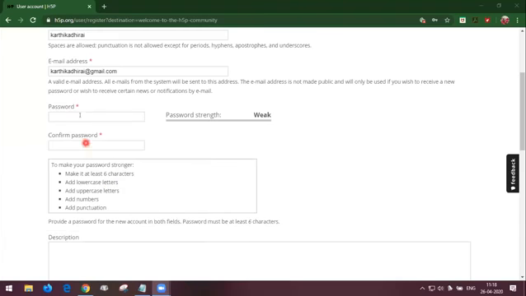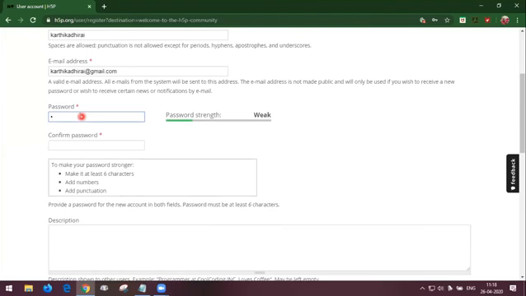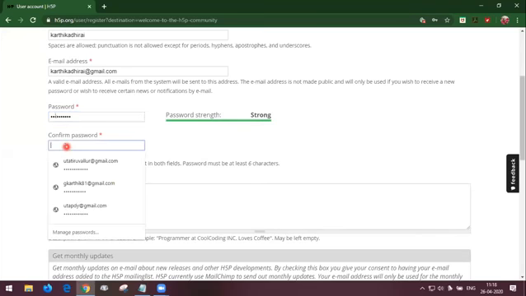So I am going to give a stronger password. You can see here, I have given a stronger password, which means I have used all the criteria: a capital letter, a small letter, a punctuation mark, and a numeric character, with at least 6 characters. Then I have to give the same password which I have given earlier. Here I am giving it.